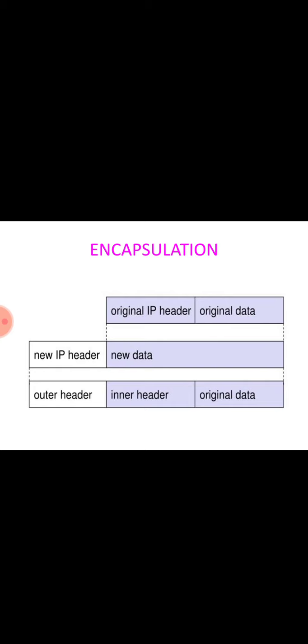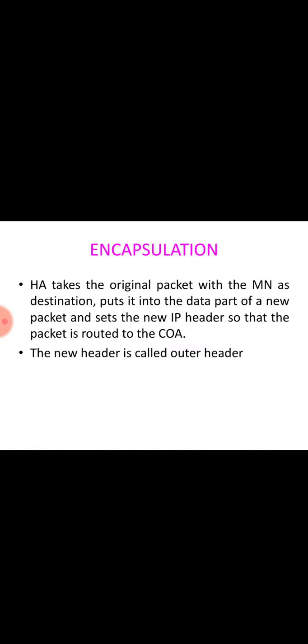So encapsulation and decapsulation are the operations typically performed when a packet is transferred from a higher protocol layer to a lower layer or from a lower to a higher layer respectively. Here, the HA takes the original packet with the MN as destination and puts it into the data part of a new packet and sets the new IP header in such a way that the packet is routed to the COA. The new header is also called the outer header for obvious reasons. Additionally, there is an inner header which can be identical to the original header,